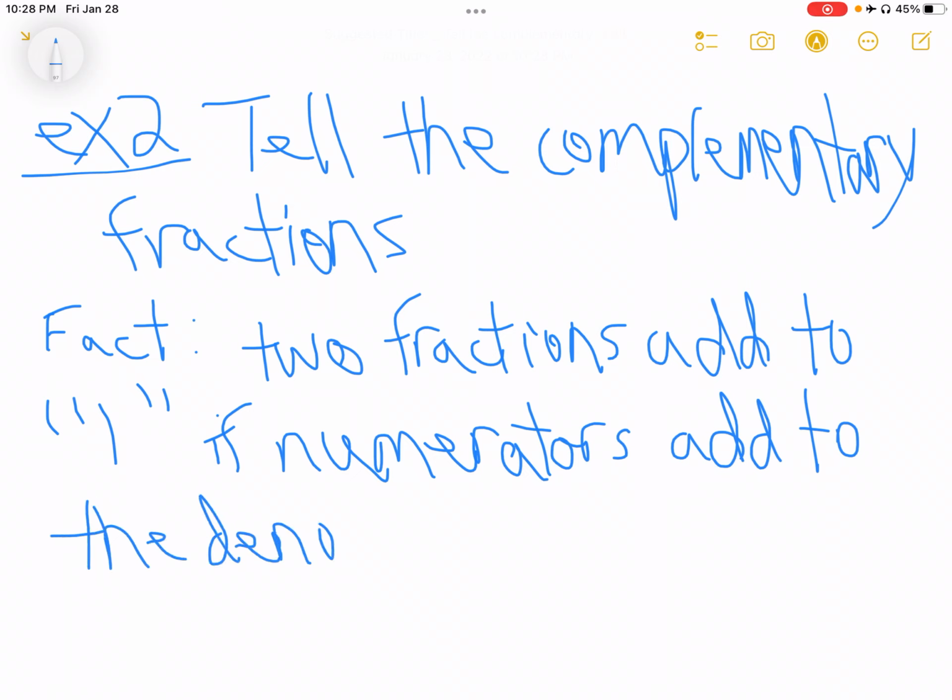So if I can finish one of my examples here, where it's tell the complementary fractions,